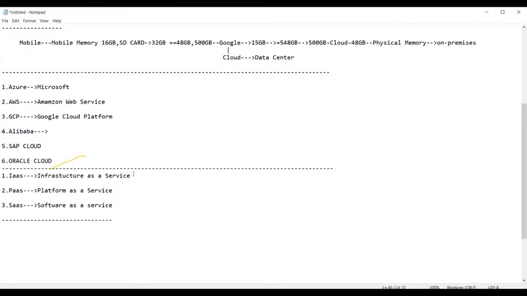Infrastructure as a service means what, guys? Suppose, as we just discussed, you require 500 GB of data to be stored. That means you require space on the cloud to store the 500 GB of data. Am I right? Suppose you require 500 GB or 1000 petabytes of storage. All this is the responsibility of the cloud provider, and it provides this service in the form of